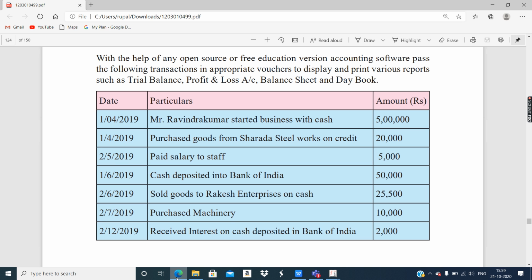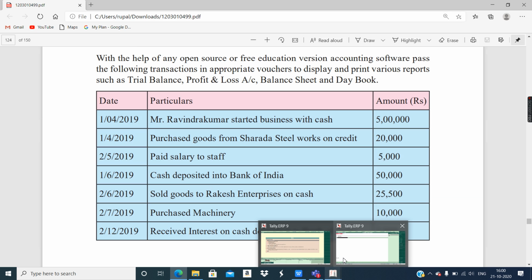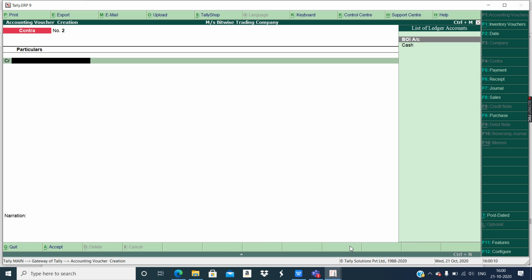So in these two ways the transaction can be done, either between Rakesh Enterprise and cash, or between sales account and the cash. But the more appropriate will be to follow sales and cash, because every company maintains purchase accounts as well as sales account. They have to maintain a record how much purchase was done, how much sales was done. So in that sense this should be more proper to use, that is sales account and the cash account. So I told you two possibilities and the correct one to select.